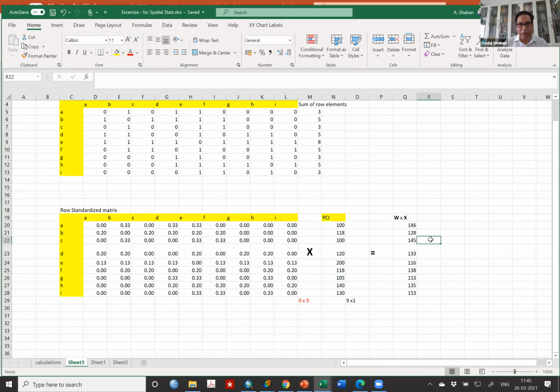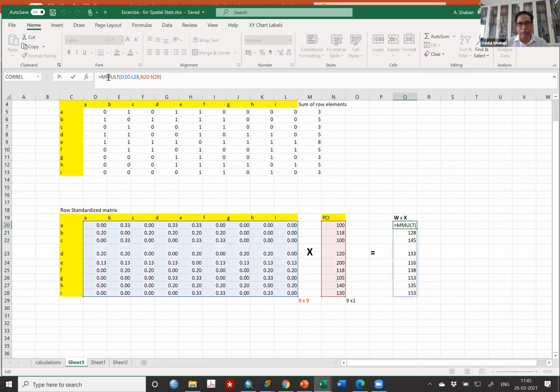So you check it. There may be some problem in your function. Look at the function which we have involved. Equal to MMULT, matrix multiplication, the first four letters, and then in bracket the first matrix is blocked. There is nothing else blocked. If you block any other row or any other column, then your dimension will not be multipliable. Then you have to separate it by comma and the array of the second matrix. It is all the same, so why is it not happening?